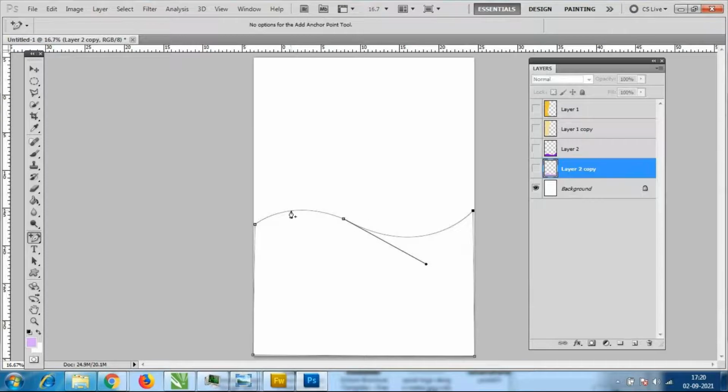I will click here, and wherever you want you can select it like this. So you will get more anchor points. Wherever you want, I can add it, no problem. Wherever it is necessary, you should add there only. Now, if I want to make changes, see here, you can use this, or otherwise you can use the convert point tool. With the convert point tool you can do multiple changes. If the points are there, then only it is possible to do the changes. However you want, you can do the changes like this.